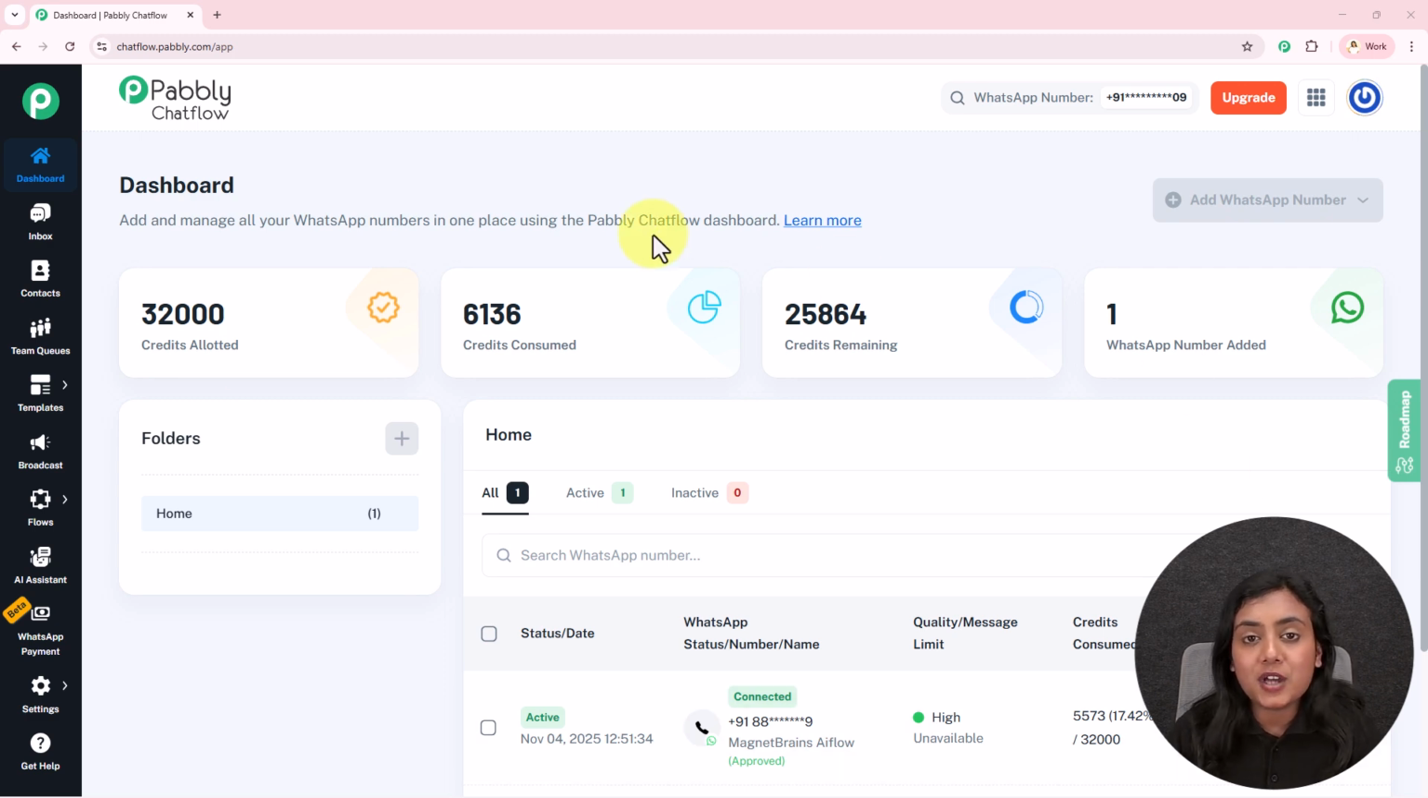Everyone, in this video I will show you how you can add your payment gateways inside the new module that has been recently launched by Pabbly Chatflow, that is WhatsApp payments. So first of all, let us discuss what is WhatsApp payments and how it is going to be very useful for businesses. The payment module is a new section inside Pabbly Chatflow which will allow businesses to collect payments directly